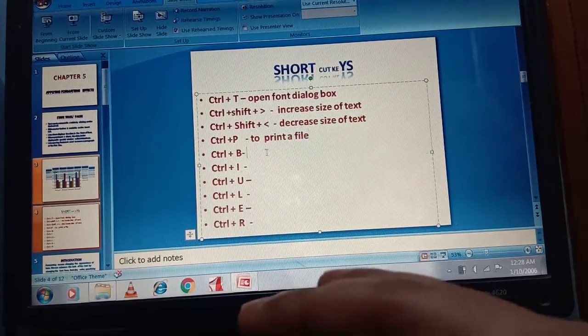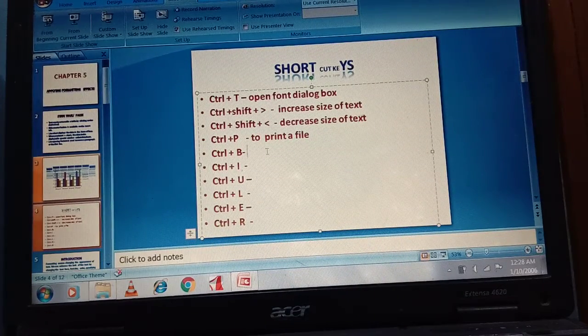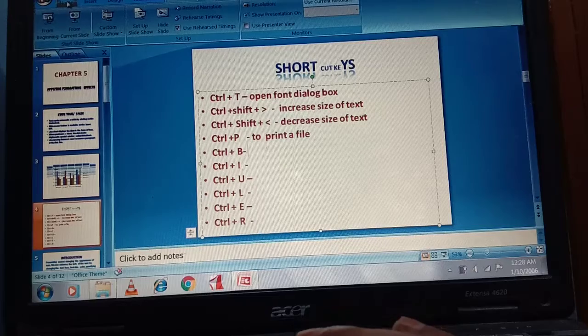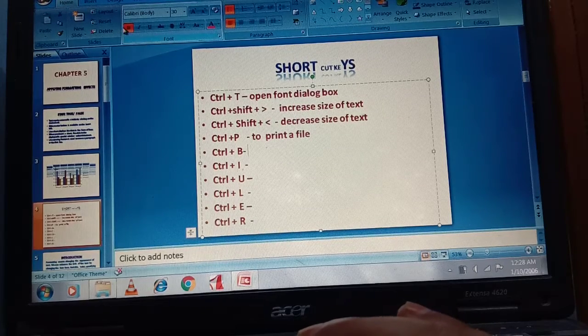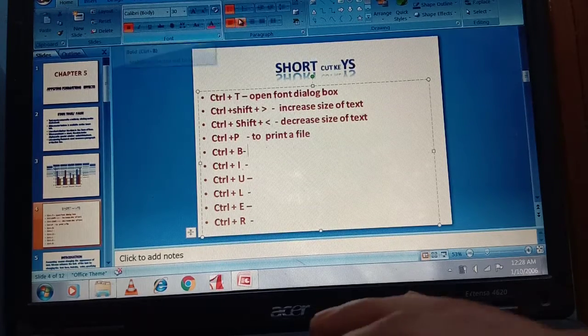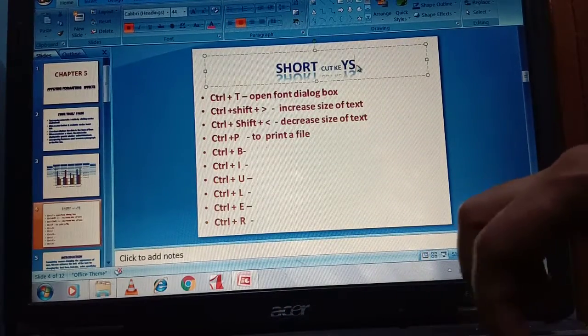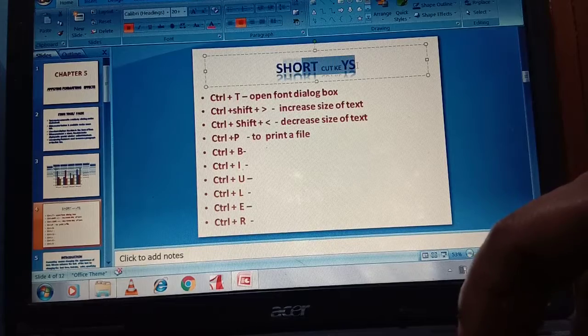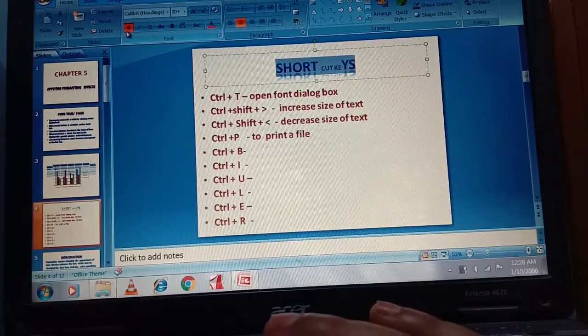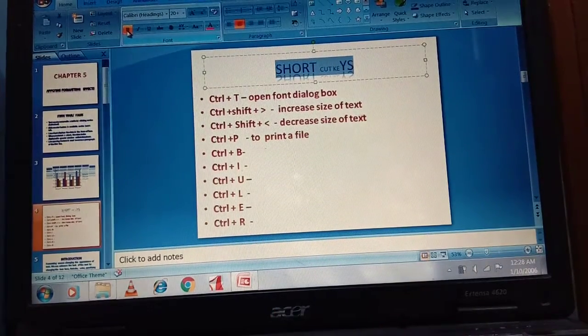Now Control plus B to bold the text. Let me show you. For bolding the text, you use this one. For example, I am making this text in a simple form, not in bold form, so I want to make it bold.